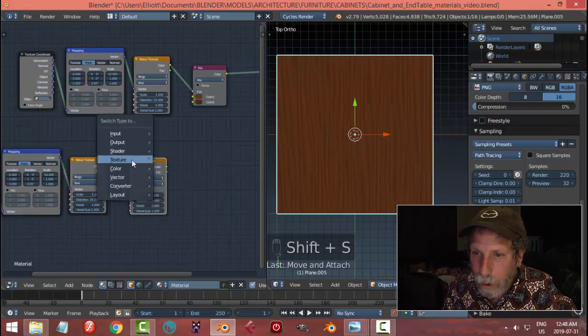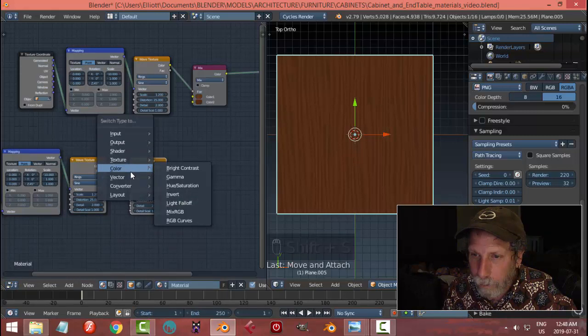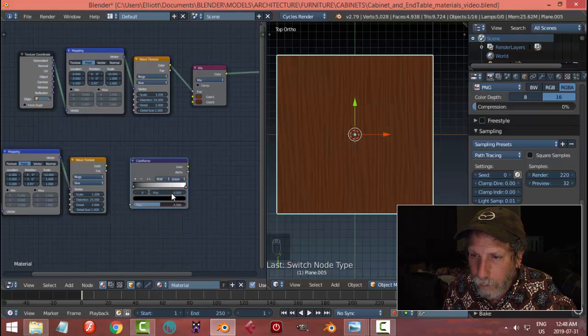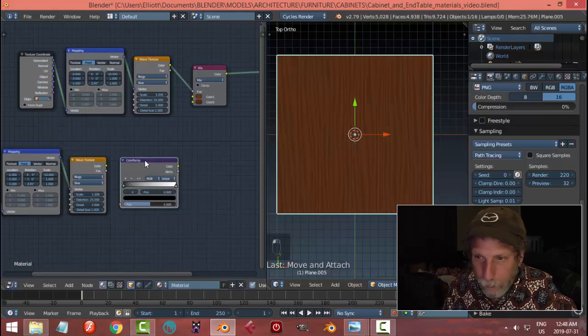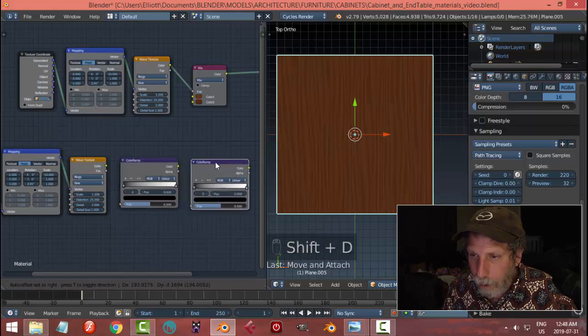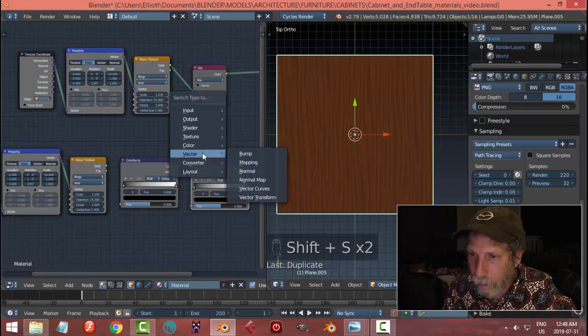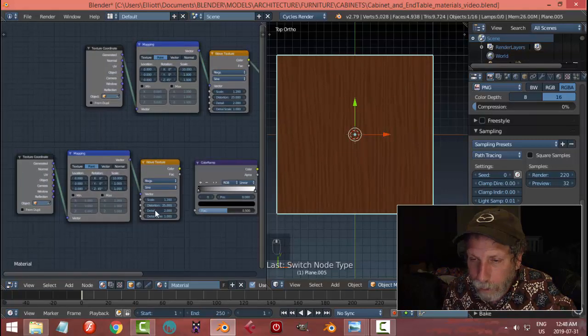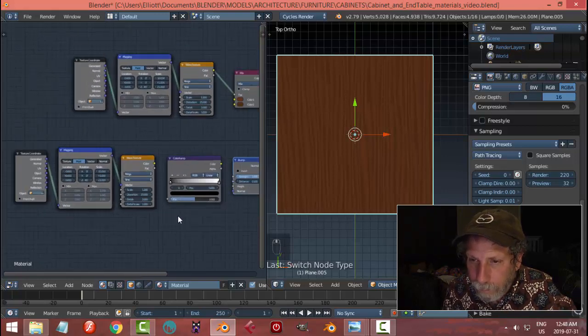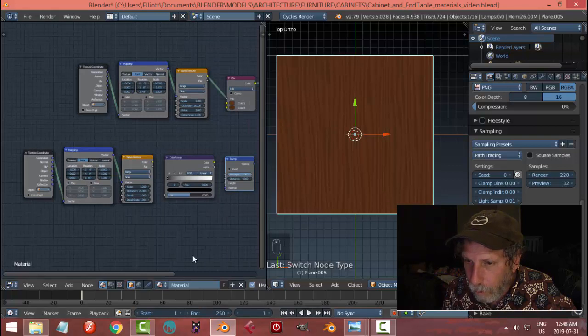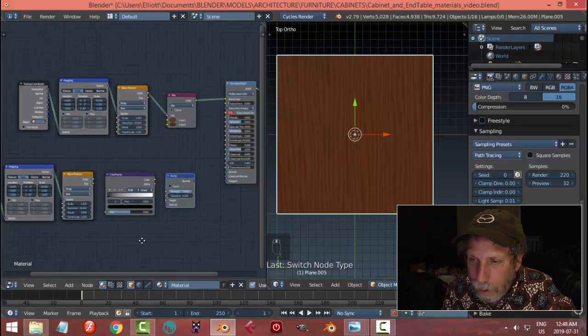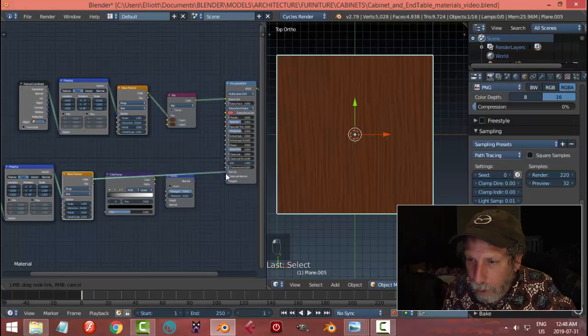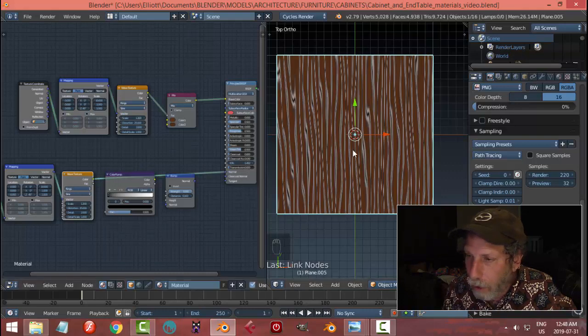This is going to be switched to a color ramp. I always forget where these things are. And we're also going to need a bump, so I might as well copy that and Shift S, vector bump, and just get everything all set up. So we're out of the frame apparently. Okay, so what we're going to do is I'll just connect this to the normal for the moment, and you'll see that